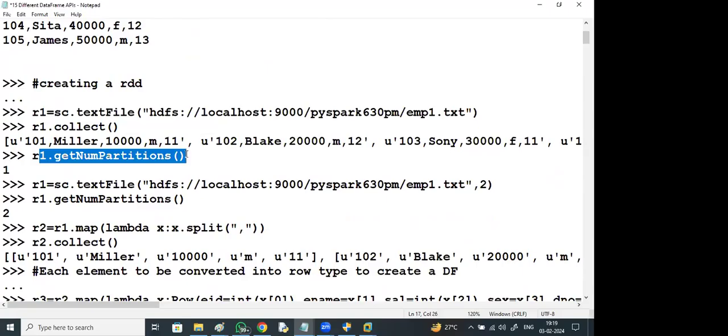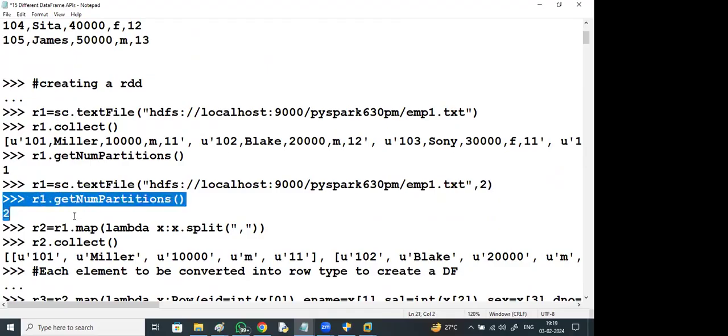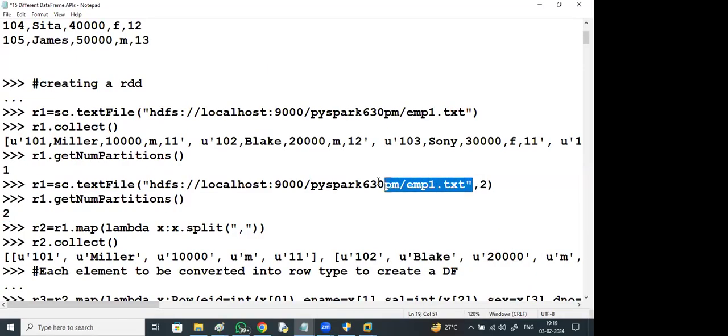R1.getNumPartitions gives only one. But in the next line, I gave a comma 2, so now we'll get 2 partitions. When creating the RDD itself, I can specify how many partitions I want.